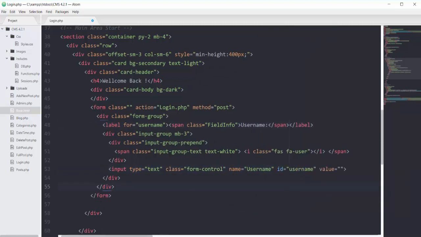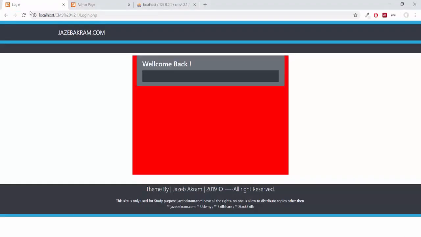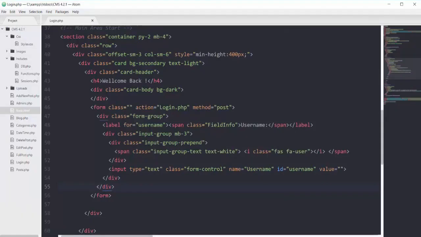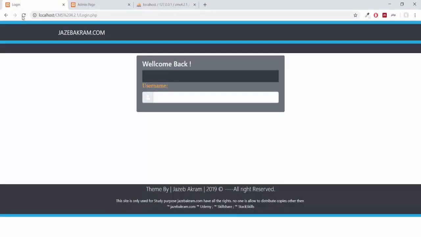So if I save this one and refresh this page, you can see we got this input field with this font awesome prepend. Let's also change the color of this one, so I can apply the bootstrap class on this span tag. So the class will be bg-info. See, now we got this sky blue color at the background.